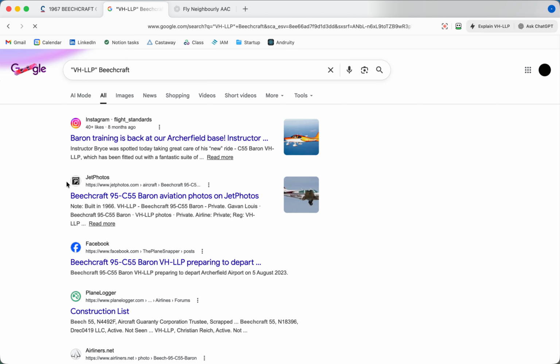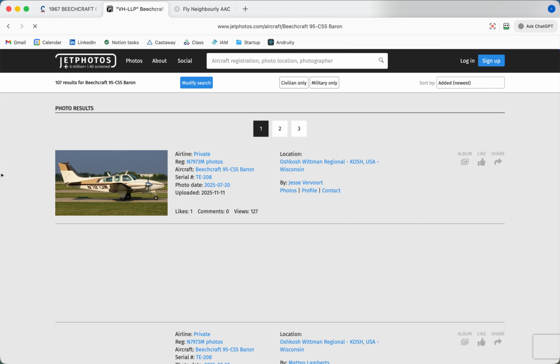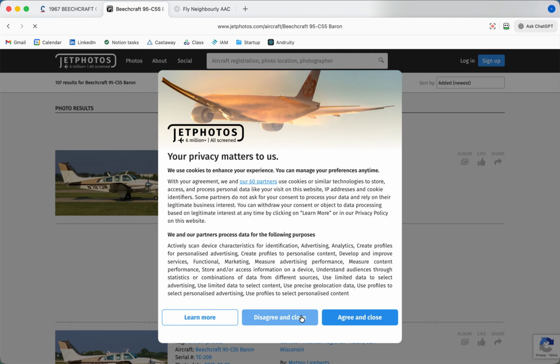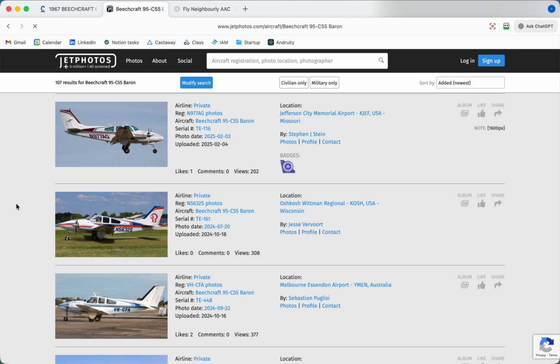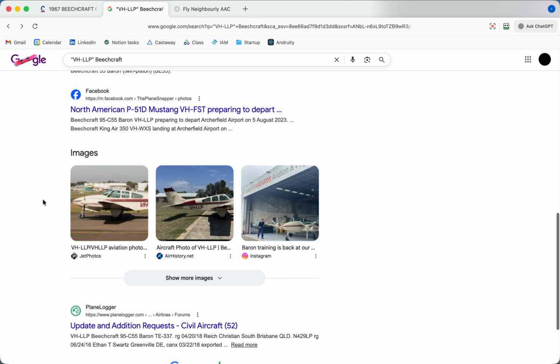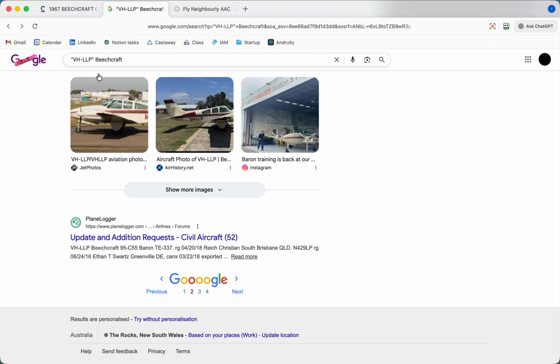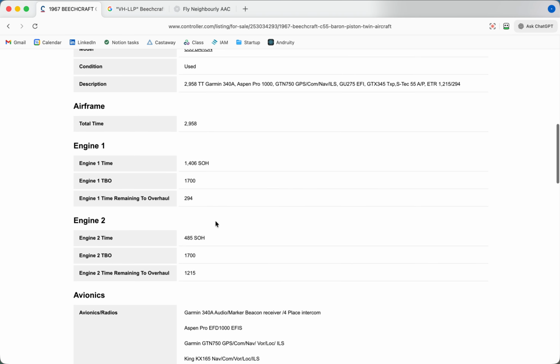And nothing really else. That looks like a good photo of the undercarriage. Or maybe it's not the same aircraft. Nope, it's not the same aircraft. And yeah, that's about it. Now we need to do the Beechcraft